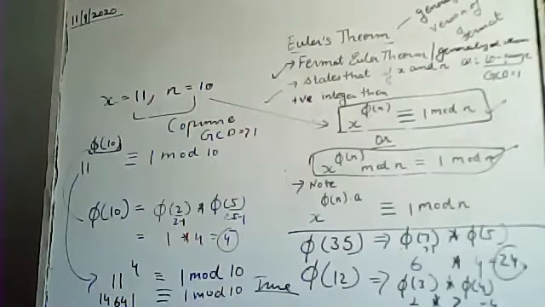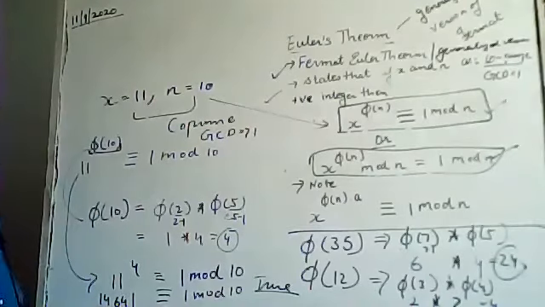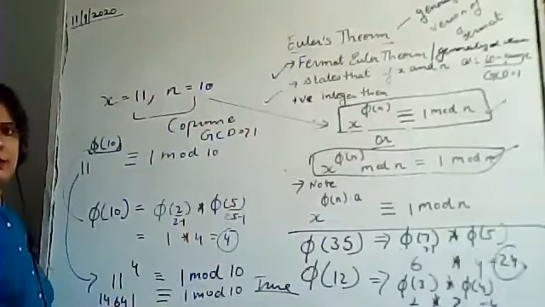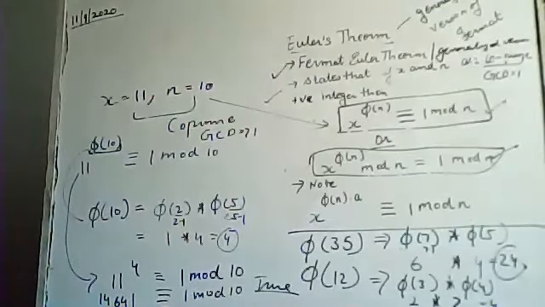And if you divide 14641 by 10, what remainder will we be getting? That is 1 over here. So both sides are equal, because here also we are getting 1 when divided by 10. So what remainder are we getting? That is 1. And if we divide this number by 10 again, we are getting the remainder as 1. So this theorem proves that if we are using this totient function, at both sides this value remains the same.